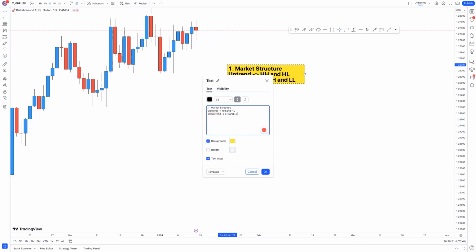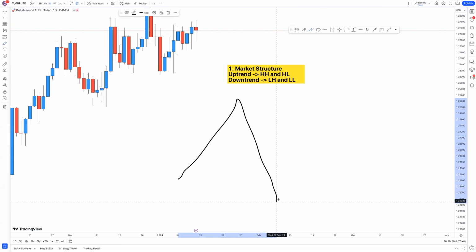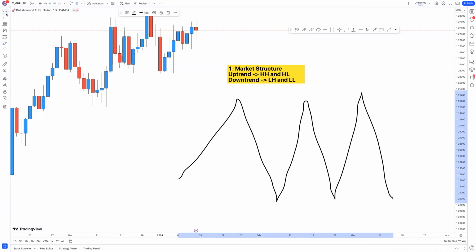Lower highs and lower lows. And then the third market structure is consolidation, right? This is consolidation when price is going sideways. In that case, we don't really want to trade, right? We want to stay out of the